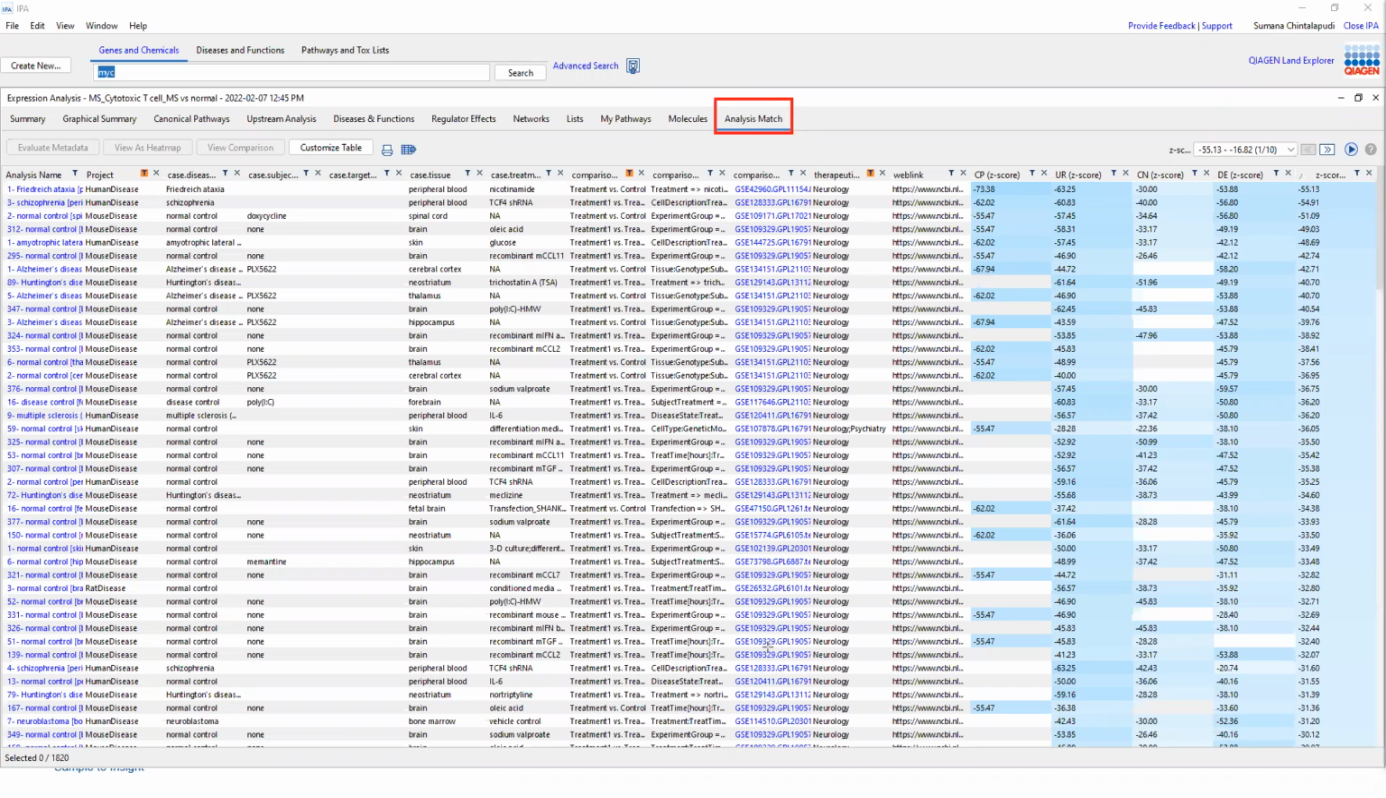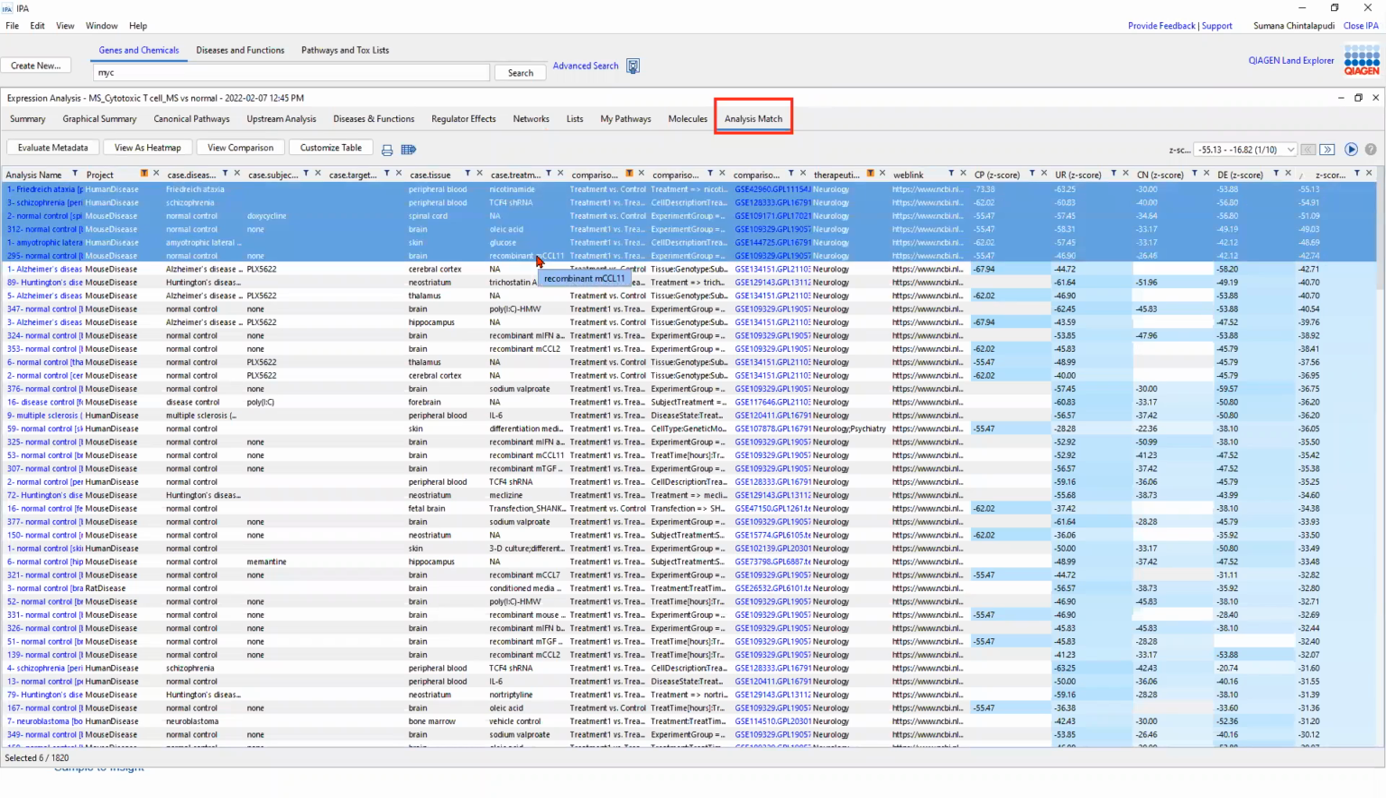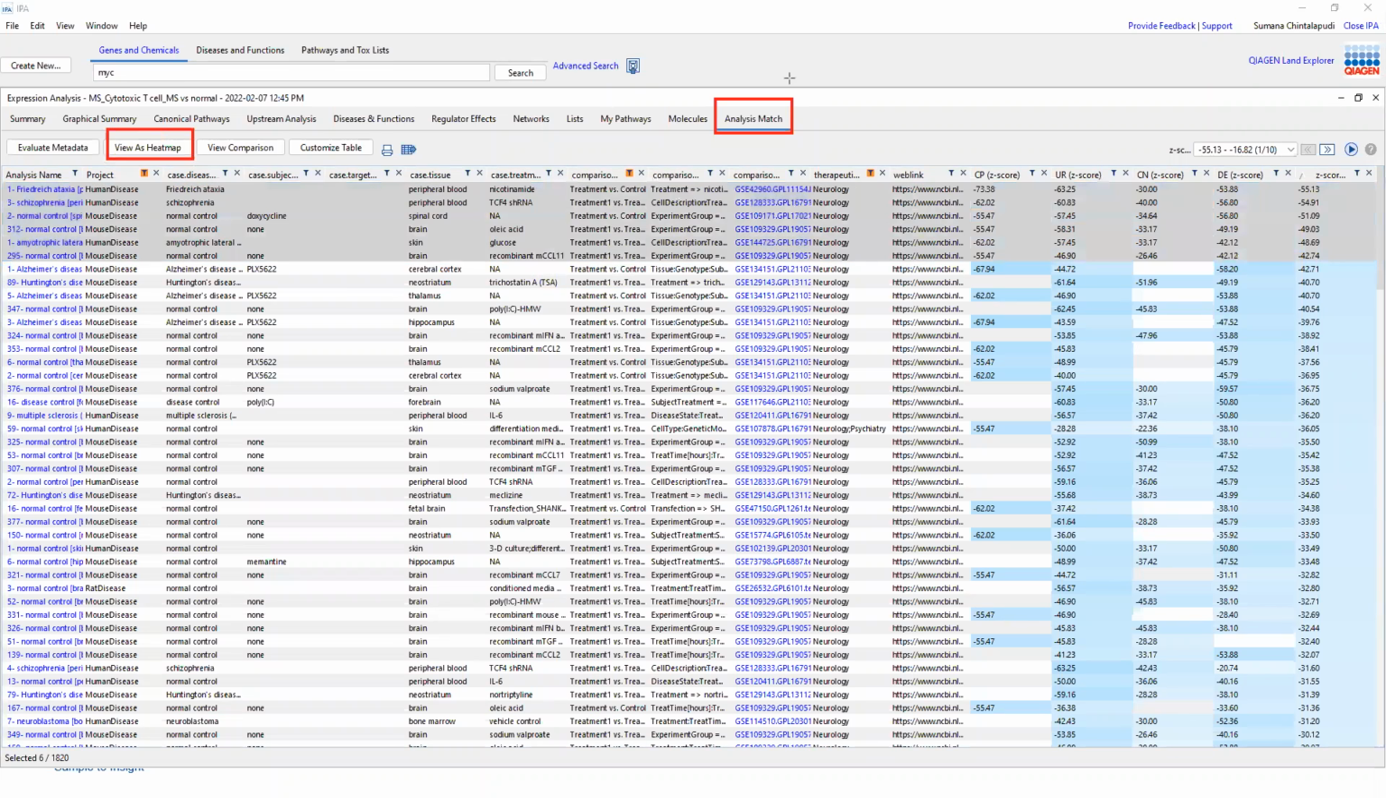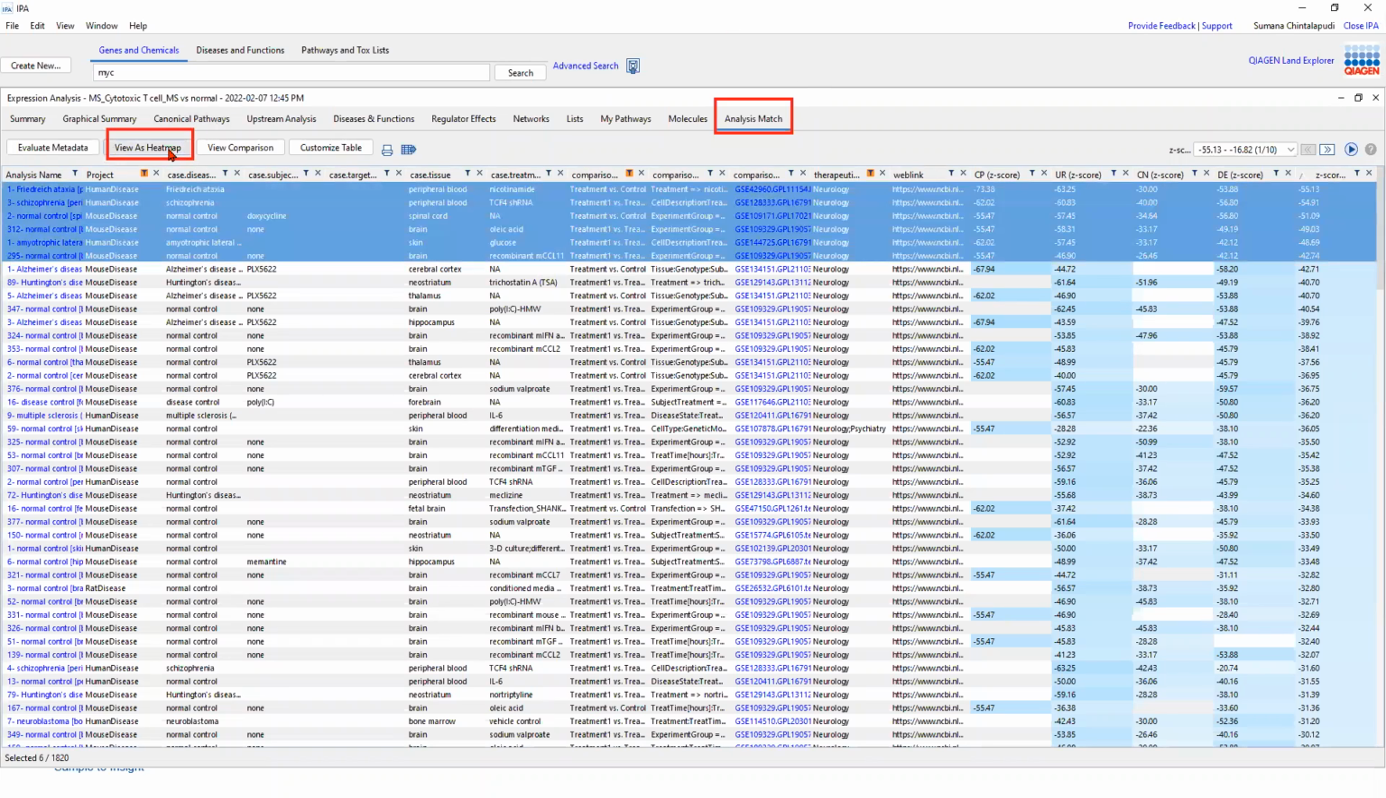So this is how you use the analysis match feature. And let's say you found these studies interesting. So you can select some of these studies and say, I want to view them as a heat map. So you can basically compare these